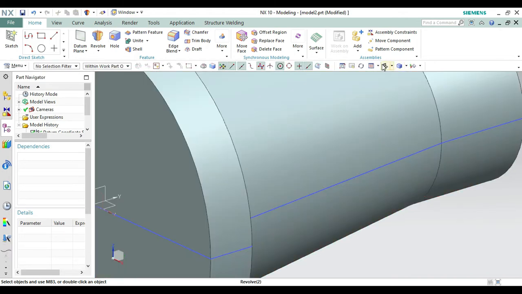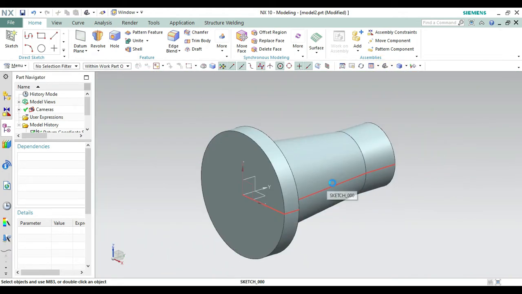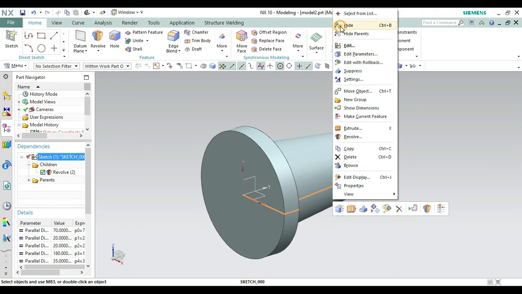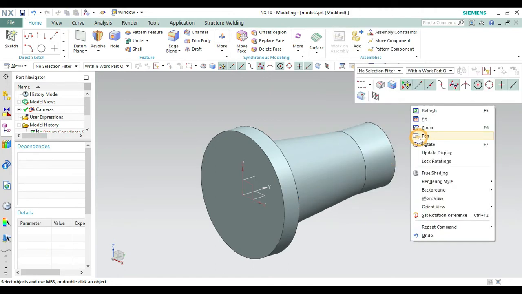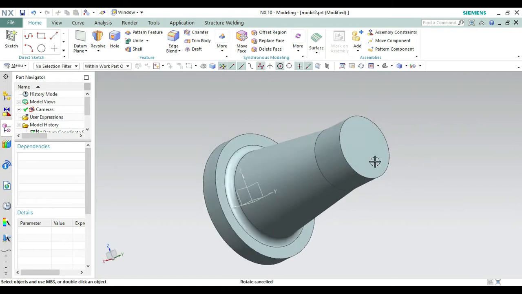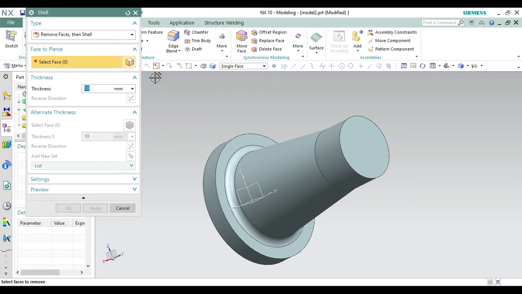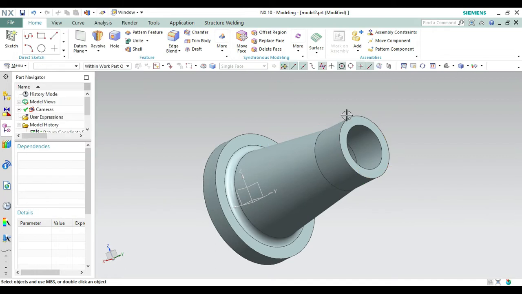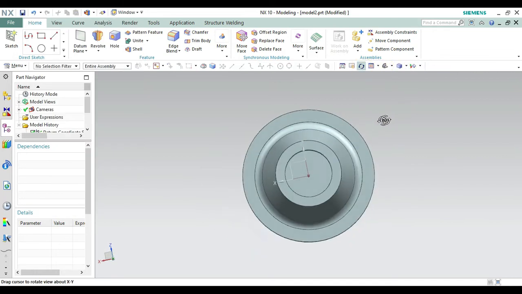Then bring it to isometric view from here. Now let's hide this sketch from here. Okay, now what we have to do is to create a hollow at the upper side with a thickness of 10. So you can easily do this with shell, because shell provides you a wall thickness, means a uniform thickness. Okay, so click on face, select this face. Now make the thickness of 10 like this one and make it okay from here. You can see the wall thickness is accurate and uniform, you can see the shell has been created.